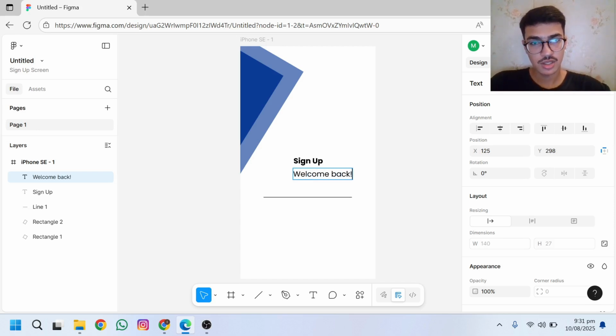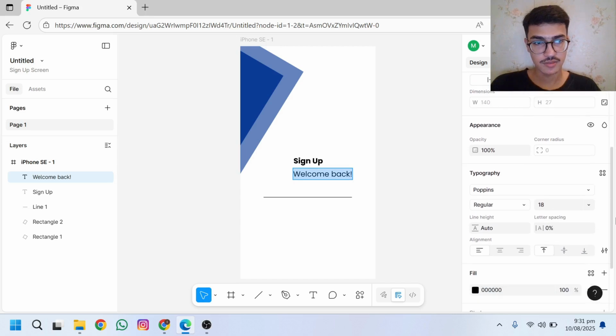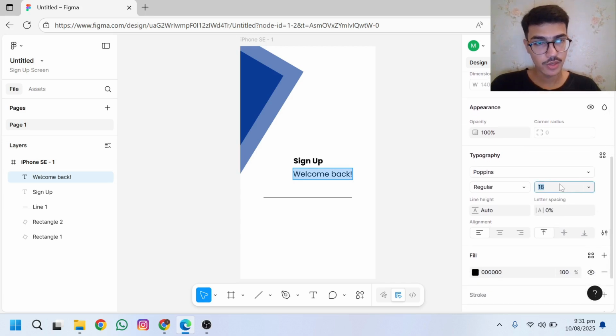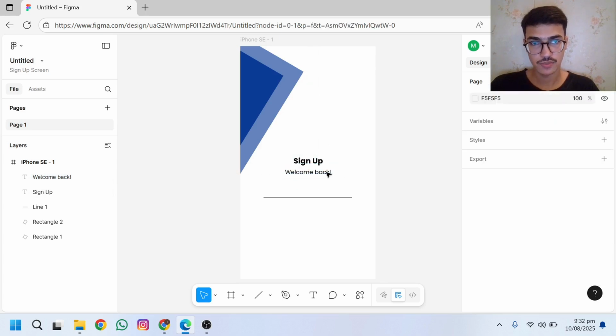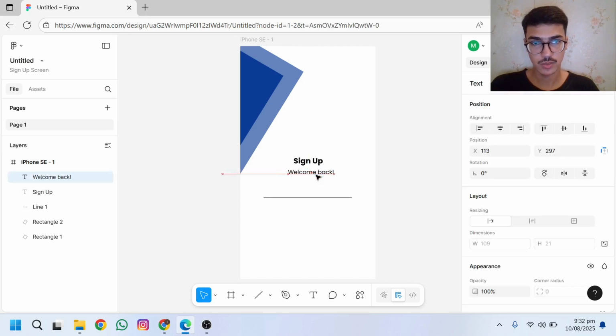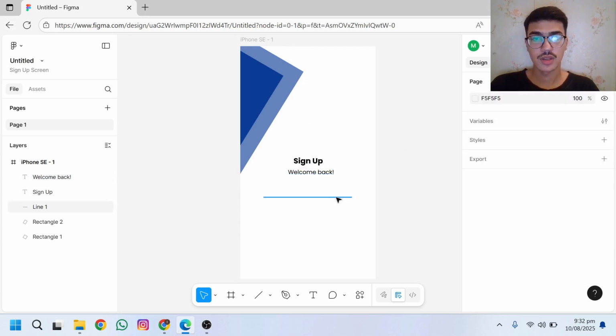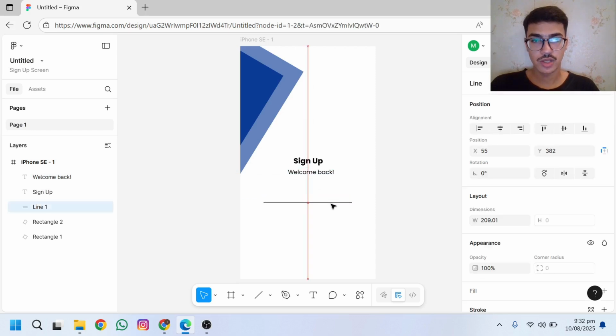But the thing is, it's a little large, so we can decrease its size. I will go here and decrease the size to 14. Okay, so it's now great. We want it to come at the center of the screen. Okay, so it's in the center. Slightly right. Okay. So we can bring it down,